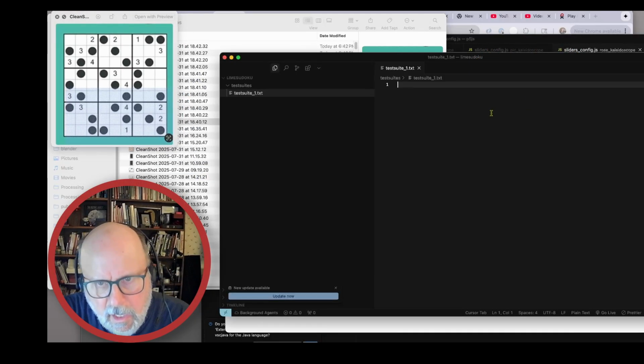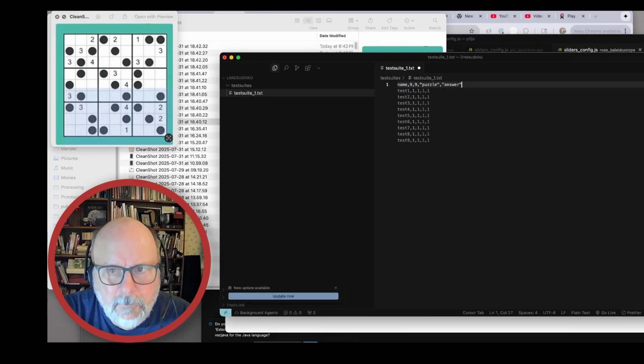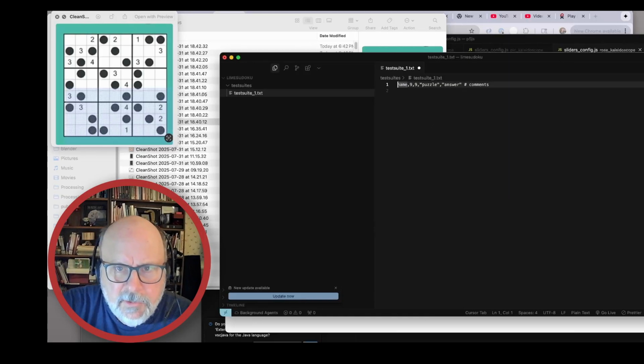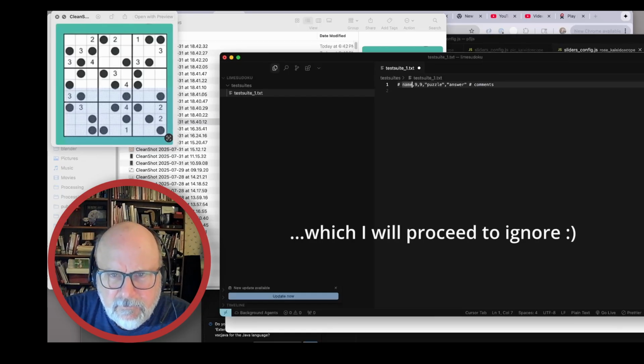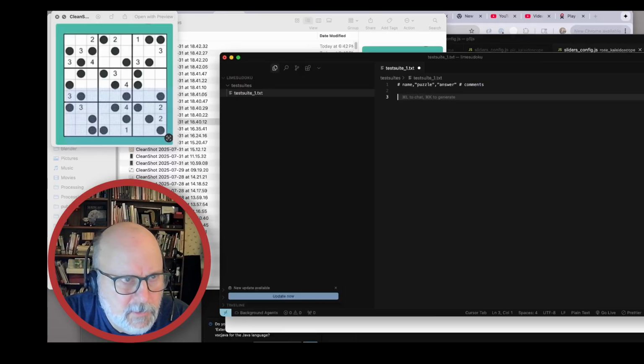So the way that I store Sudoku puzzles is one per line. Typically there's other stuff on the line like a name, maybe the dimensions, that kind of thing. And then there's the puzzle itself inside quotes, and then maybe the answer. And then comments. So that's my normal thing. For this initial test suite, I'm just going to keep it simple and just do the puzzle one per line. So the first puzzle that we're looking at here